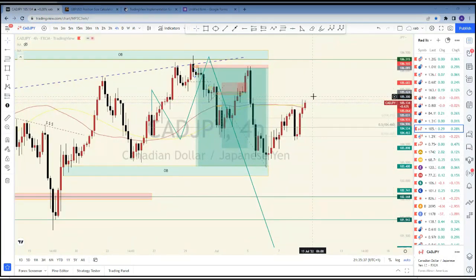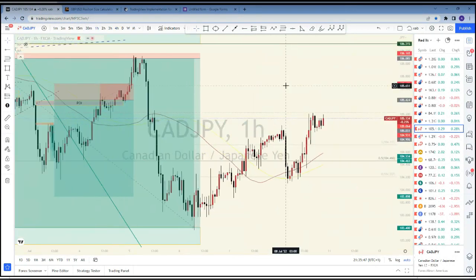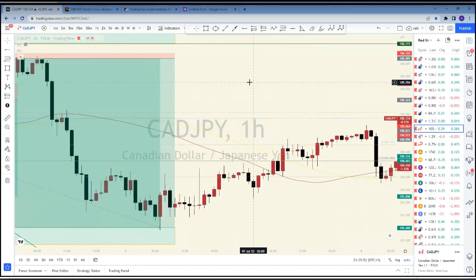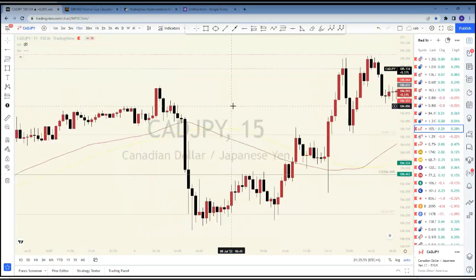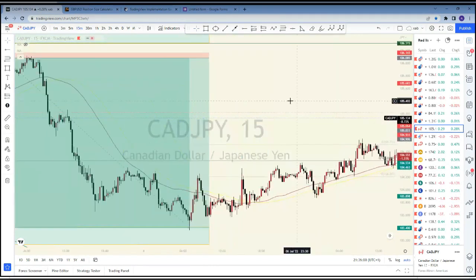All right, so this has been CADJPY. Nonetheless, we can see that from my other block, we're seeing CADJPY reverse higher. It gave us a clear break of structure, a clear break and retest. There was another QML pattern somewhere around here. I think it should be clearer on the 15 minutes. You know, price entered into the other block. Okay, price entered into the other block.